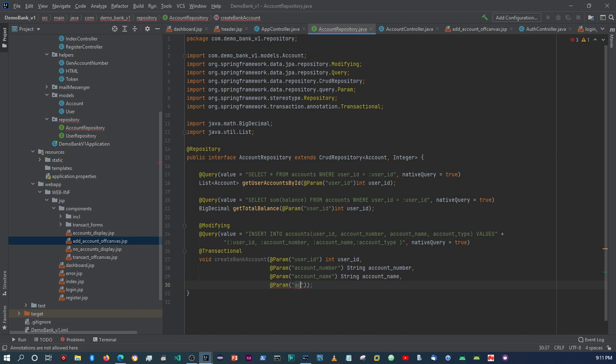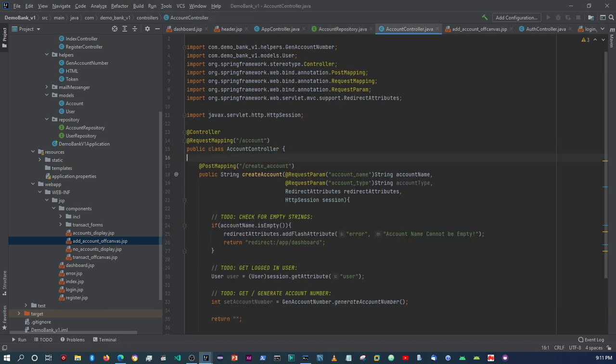and then account type. All right, and then account type. I think that's all. So it's about 4 things. Okay. All right, so this is our query to insert within the database to create the account, and then so therefore we can come back into the account controller,